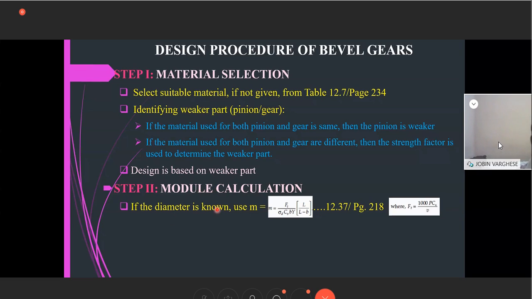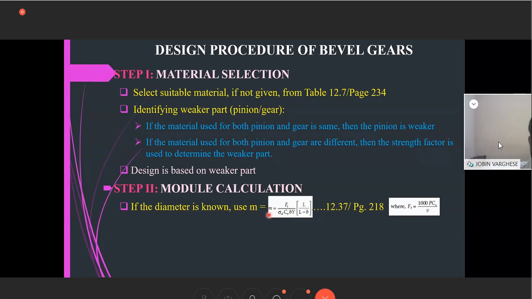Two cases come here. One, if diameter is known, that is, the diameter is given to us. When we say diameter of a gear, we always use the pitch circle diameter. So if the pitch circle diameter is known, we'll use the equation